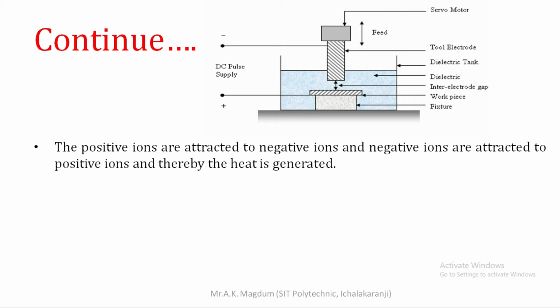the heat is generated. Here in this figure, there is the electrode which is connected to the negative terminal and workpiece which is connected to the positive terminal. Whenever a proper gap is maintained between the electrode and workpiece, the positive terminal ions try to shift over to the negative terminal, and negative terminal ions try to shift from negative to positive. So due to which, in this particular region a high heat will be produced, and due to which a spark will take place.